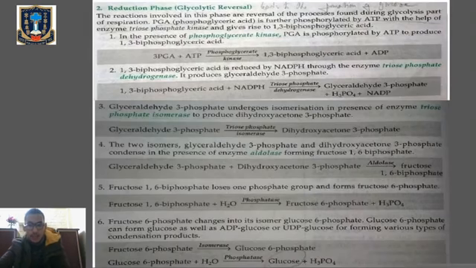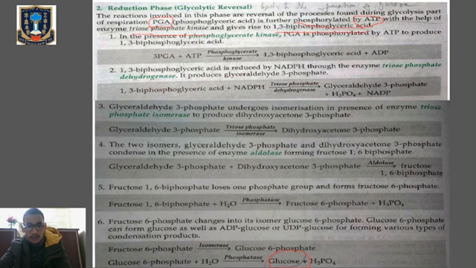Now in reduction there will be formation of glucose. So in the reduction phase there will be formation of the glucose molecule. Let's talk in detail. In this reduction phase of the C3 cycle, or the Calvin cycle, the PGA, that is phosphoglyceric acid, which is formed during the carboxylation phase, will be phosphorylated by the ATP. This PGA will be phosphorylated by the ATP with the help of the enzyme triose phosphate kinase, and it will give rise to